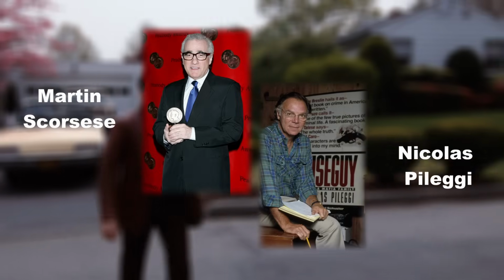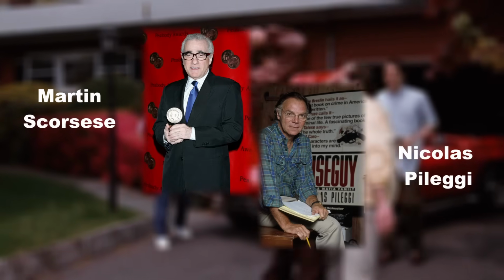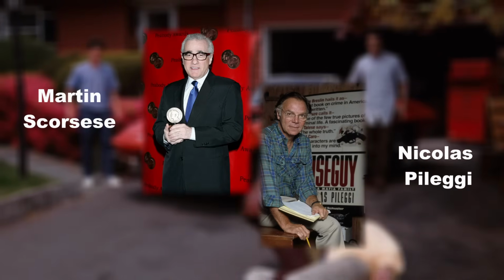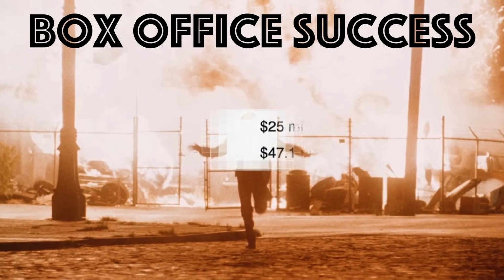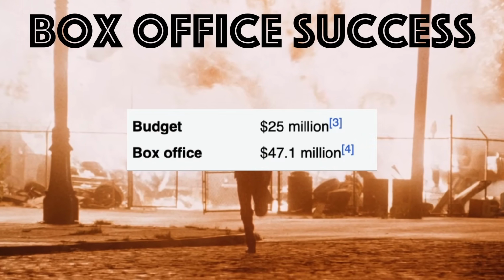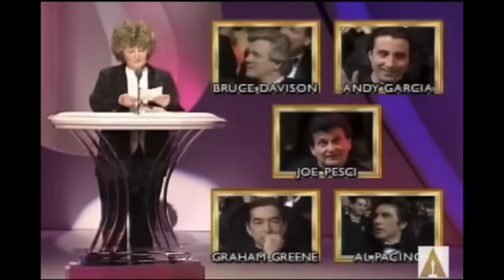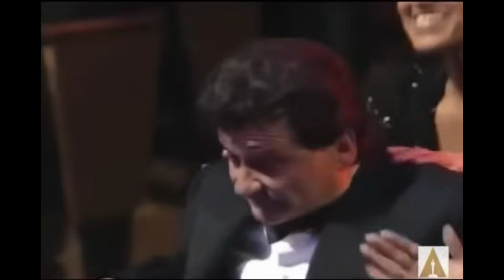With the screenplay written by both Nicholas Pileggi and Martin Scorsese, the film was also directed by Scorsese and released back in the fall of 1990 to widespread critical and audience acclaim. Not only was this film a box office success, making $47.1 million back on its $25 million budget, but also went on to be nominated for 6 Academy Awards, including Best Picture and Best Director, with Pesci winning an award